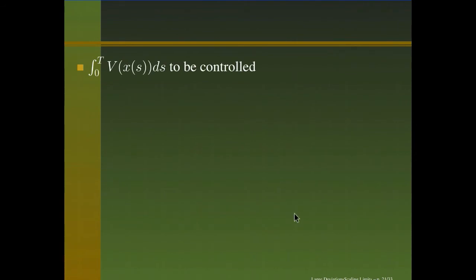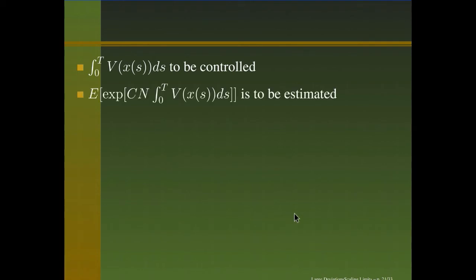For that, you look at the error, and the error is usually in integrated form. So there is a function v which tells you what the error is, and you integrate it from 0 to t, that's the error that's involved. And you want to make sure that the probability that this is bigger than epsilon is super exponentially small. The way of estimating such things by Chebyshev inequality is to compute these expectations and show that these expectations do not grow exponentially no matter what c is. And estimating such integrals involves the Feynman-Kac formula.